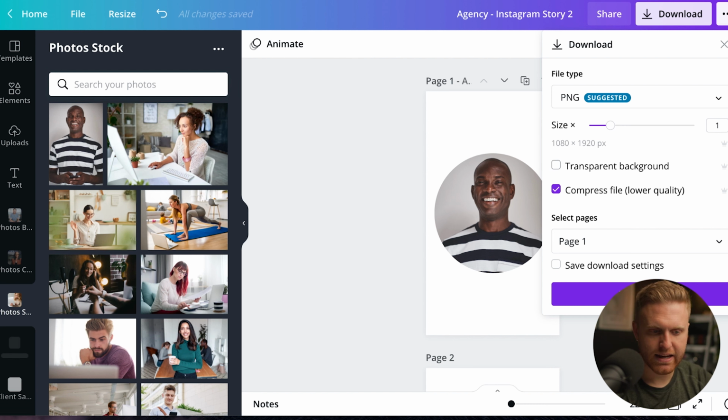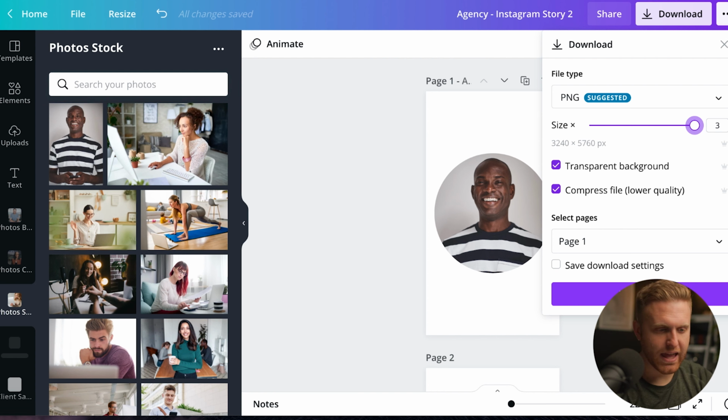So I like to click that. Transparent background, I recommend doing it when you have a white background and you just want to pull out this one image. And then I also like increasing the size as much as possible because that makes the quality even better. But you want to make sure that the size is correct to where you're going to be distributing this piece of content. Then you hit download